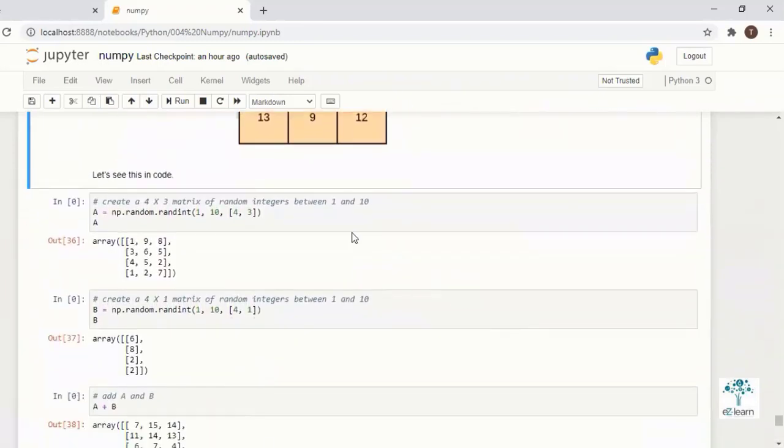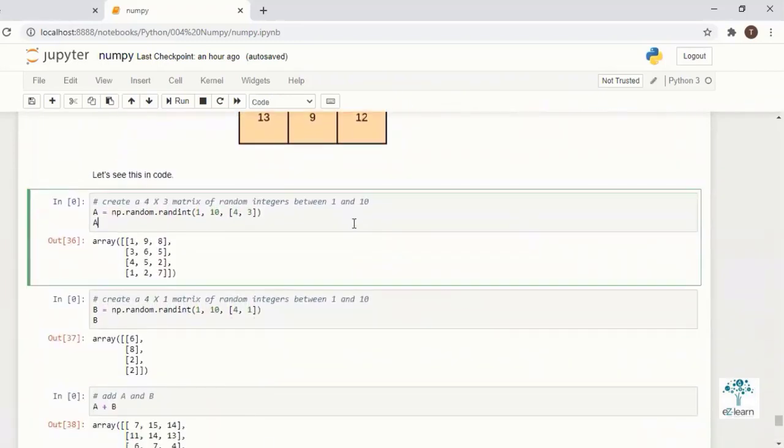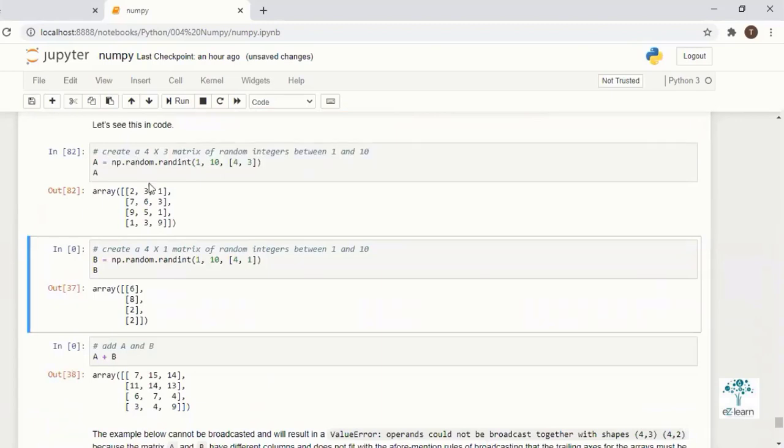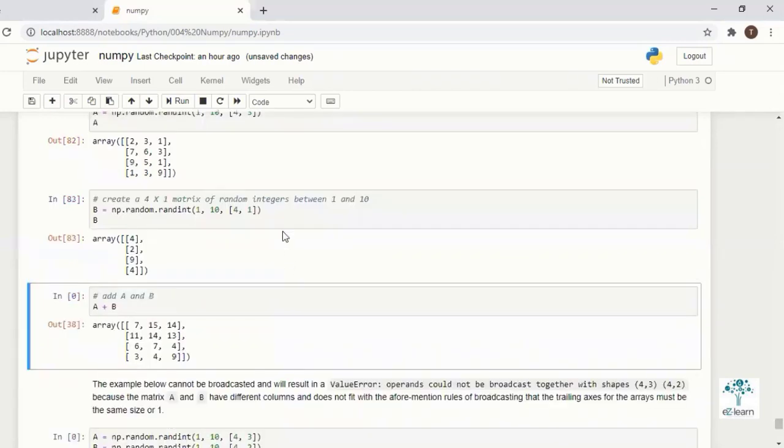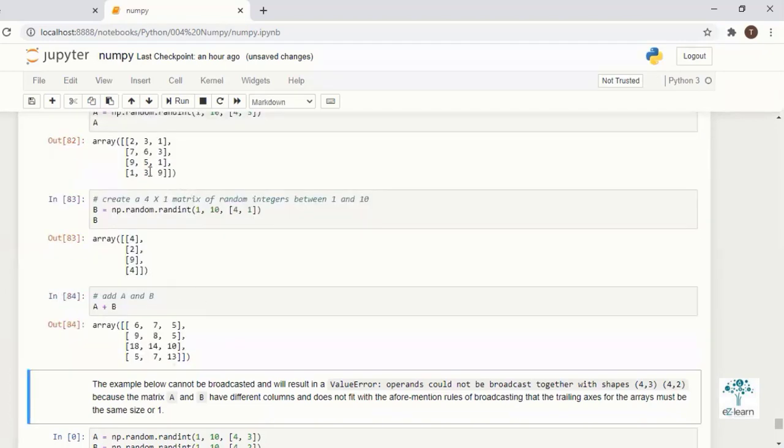Here we will see an example. We have created a random matrix. What is the size here? 4 cross 3. Here we have created a one-dimension matrix, 4 cross 1. We apply the operation a plus b and it gets added.